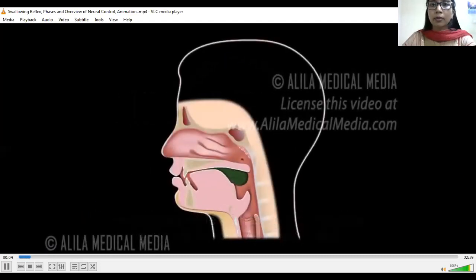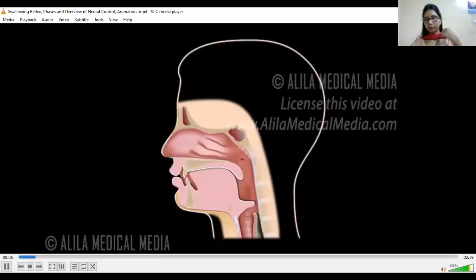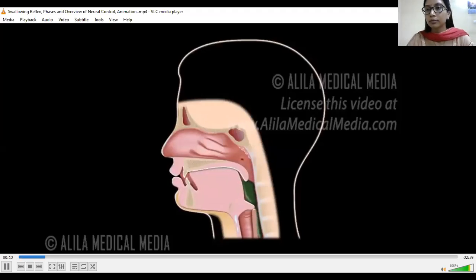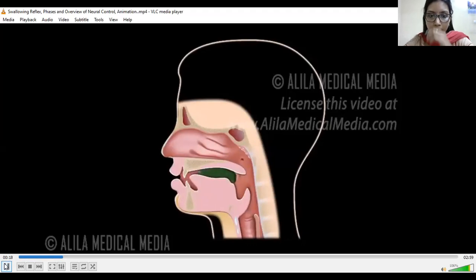Swallowing, or deglutition, is the process by which food passes from the mouth through the pharynx and into the esophagus. As simple as it might seem to healthy people, swallowing is actually a very complex action that requires an extremely precise coordination. Like you can see here, the tongue is moving upwards. So the mylohyoid is contracting, the tongue is moving upwards. It is coming in contact with the palate, then the bolus is squeezed into the pharynx.